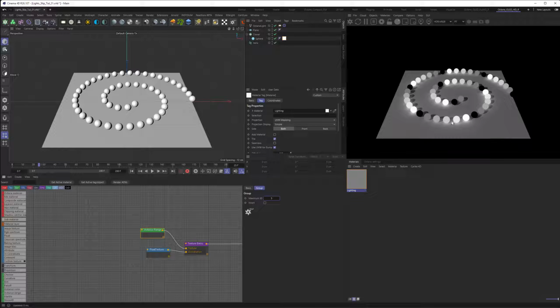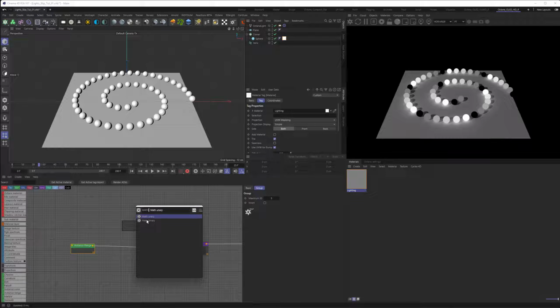So the next idea I was having is, what if we create some cycle through that based on those colors? If we, for example, add brightness to them, one sphere after the other will overexpose. So let's do this real quick. And as I promised, we are doing stuff with our math nodes. So let's type in math.